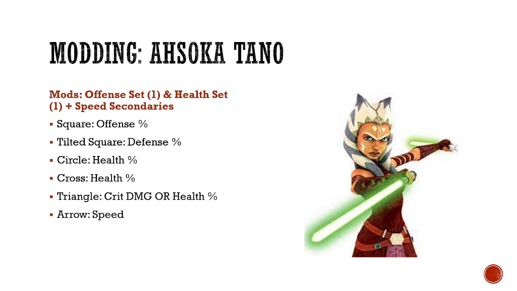On the triangle, you're going to want to use critical damage or health percentage. I recommend critical damage, as she's going to be attacking out of turn a lot and dispelling on her basic, so you want to increase her critical damage as much as possible. And on the arrow, I would recommend speed, since she attacks out of turn so much and dispels buffs,